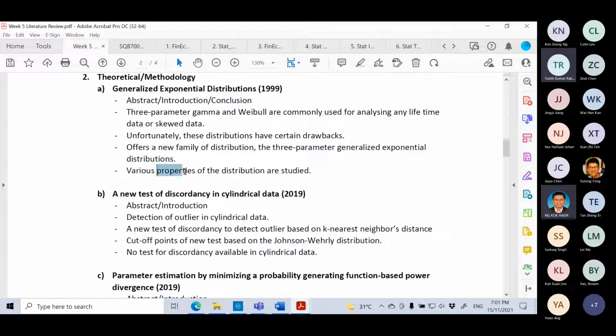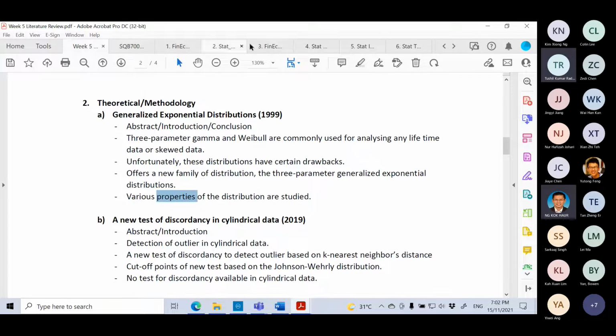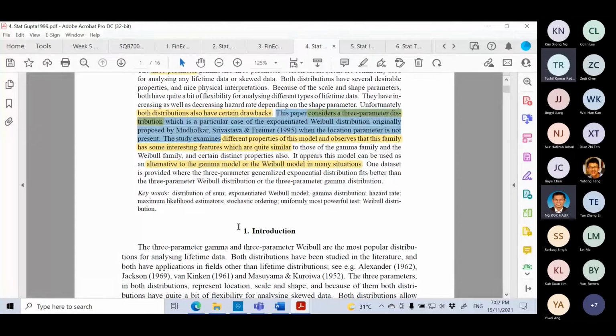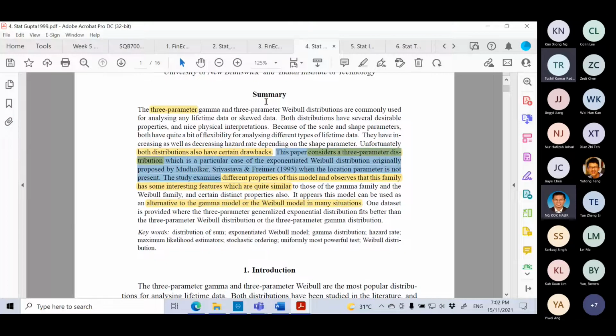Then of course, as I mentioned, they need to discuss the properties of this particular distribution. Okay, in their methodology, of course, they need to help. So if you go through the abstract here, they'll mention all these things in the abstract. Then what we expect when they want to write in their introduction or in their literature review. So if I read the abstract here, I will expect that the author will discuss the distribution of